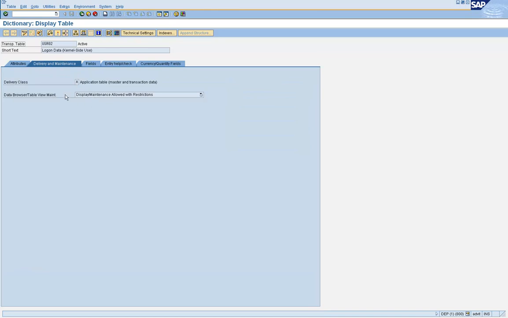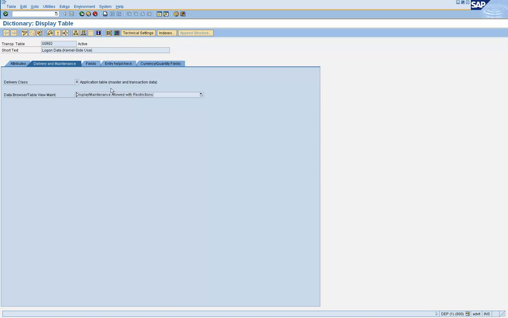If this setting, data browser table view maintenance field setting, is set to display maintenance allowed, that means using SE16 we can maintain such tables. In this case USR02 is allowed with restrictions.